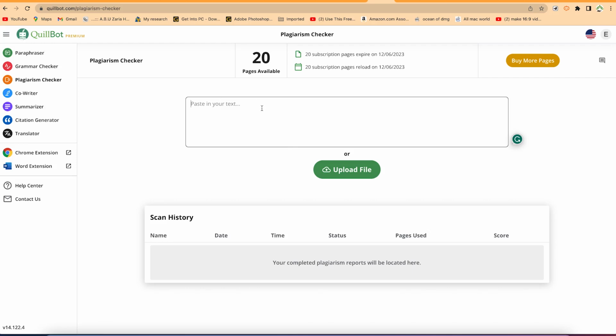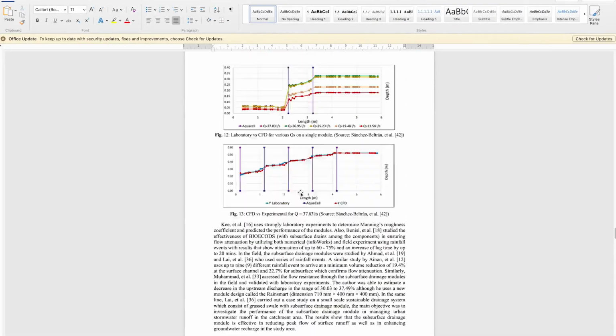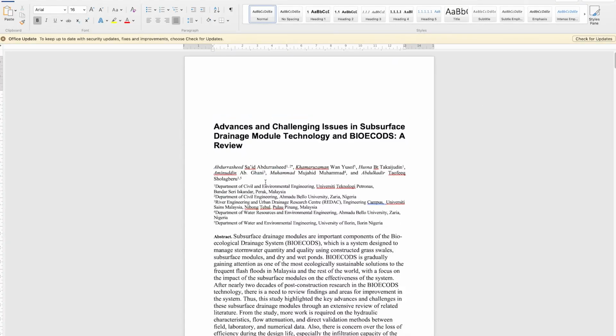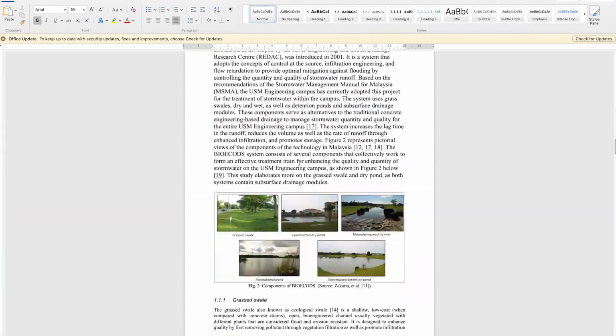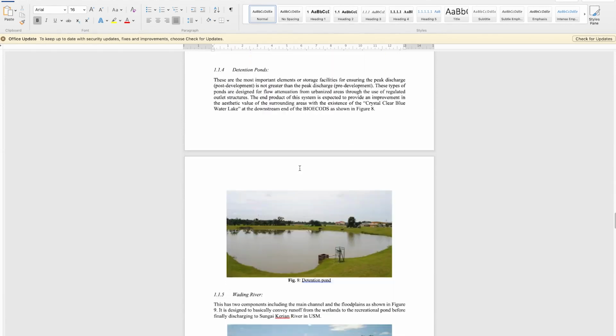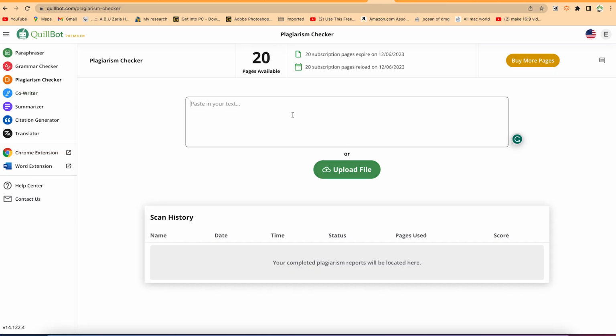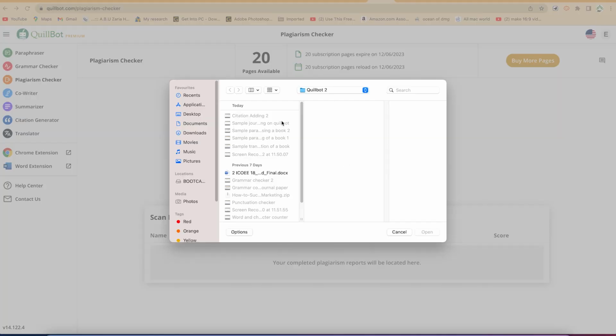So for example, I may want to reduce the text to maybe 10 pages, just to reduce the number of pages. Okay, so let's say I want to check the plagiarism of this paper. This is a complete paper, and let's say I save it. Then I can come back to my Skillbot and select either you copy the text and paste it, or you can just go ahead and upload it as a complete file. So navigate around to wherever you have your text.